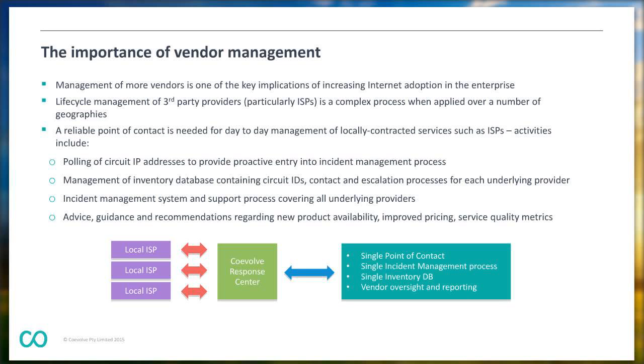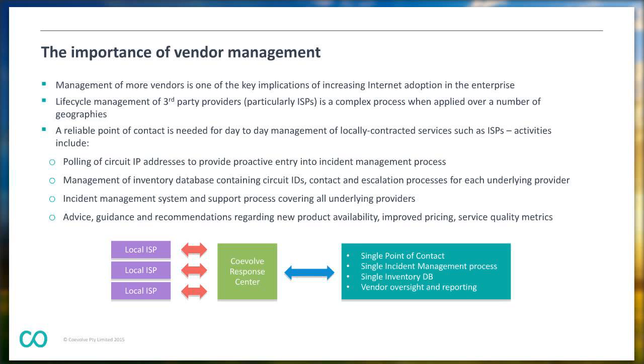We've spoken with, just a couple of weeks ago, a large US-based engineering firm where they've got operations in about 30 countries and have moved to an ISP-based model, but they have 50 ISPs that need to be managed as a result. So the overhead associated with doing that, and the fact that it's not a very intuitive process in many cases, is a major concern for global enterprises. And particularly as you start to get into some of the emerging markets where it's just a lot harder to work with these ISPs.